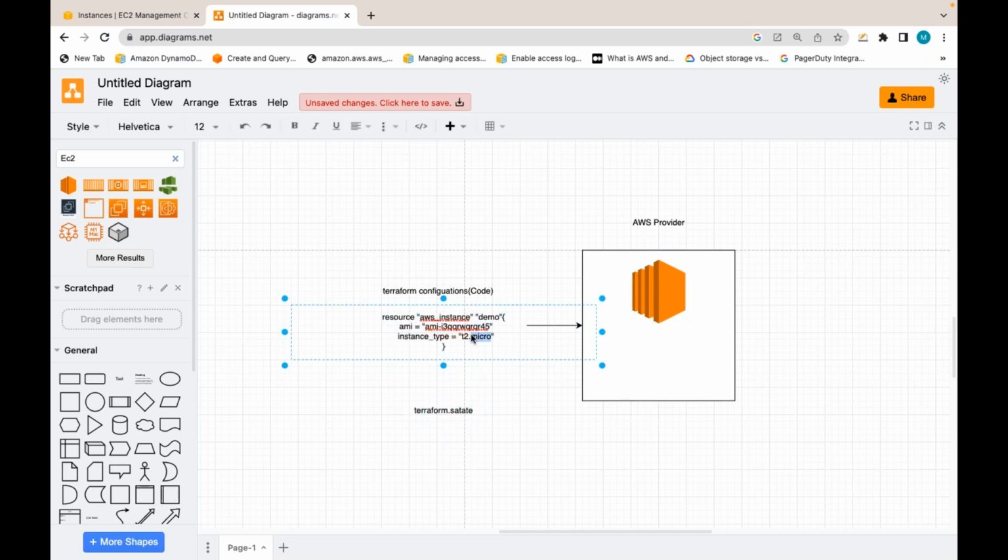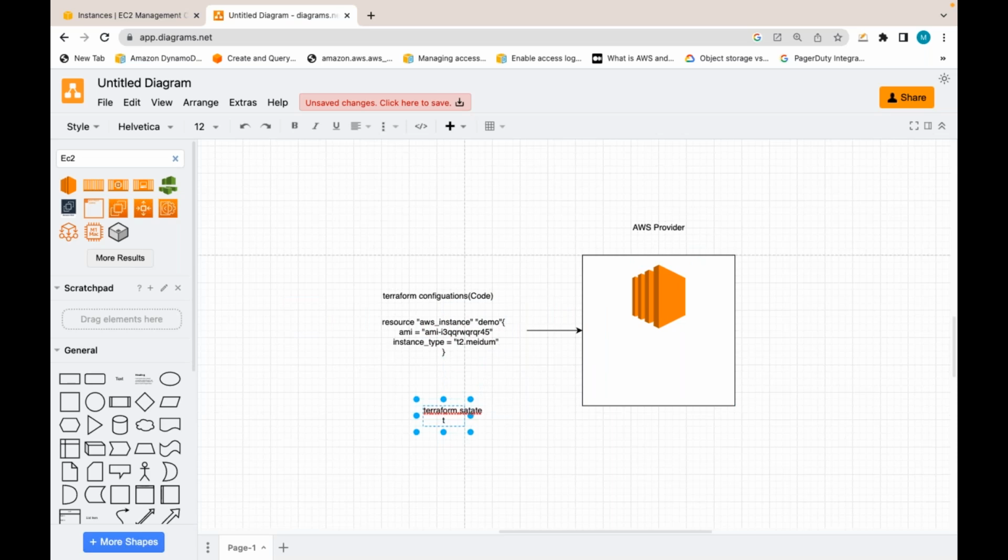Now, whenever I am changing something, suppose instead of t2.micro, I want to create a t2.medium. So this is my desired state, current state is t2.micro. So when I am applying this change, what does Terraform do?